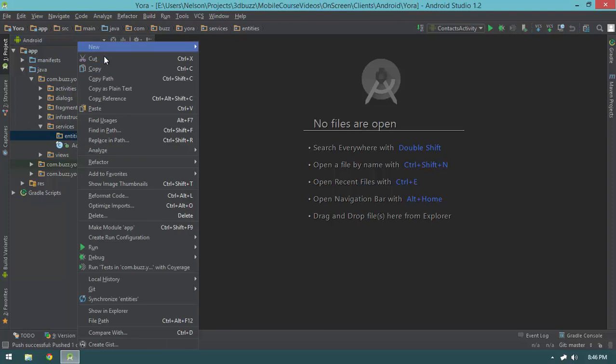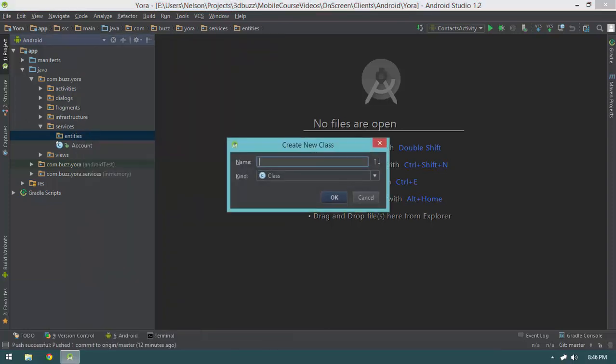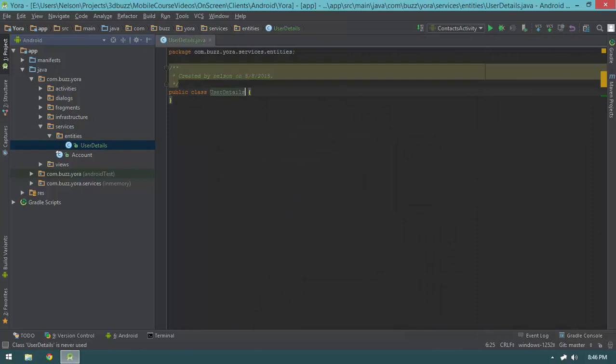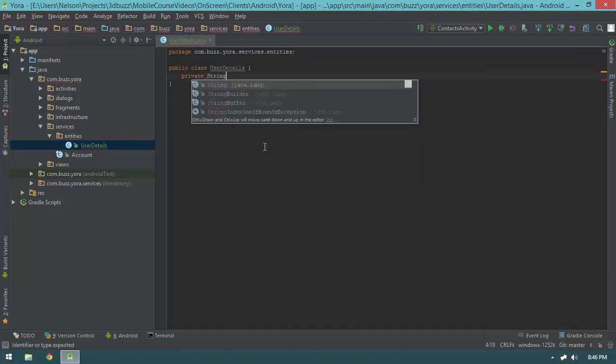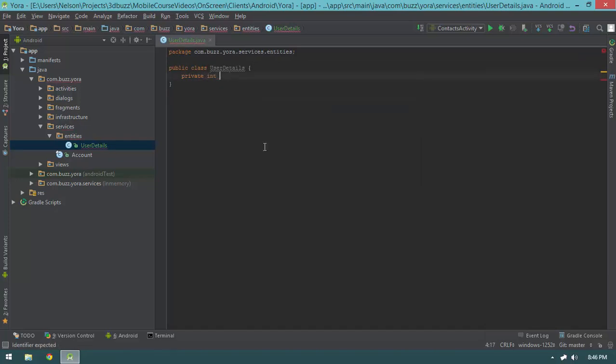So in this entities package, the first entity that I'm going to be creating, a basic DTO, is going to be called user details. User details is really responsible for containing the pertinent information about a user that we might need to know. Let's nuke that awful comment right there. I'm going to create this real fast. It's going to have a private int ID. It's going to have a private boolean is